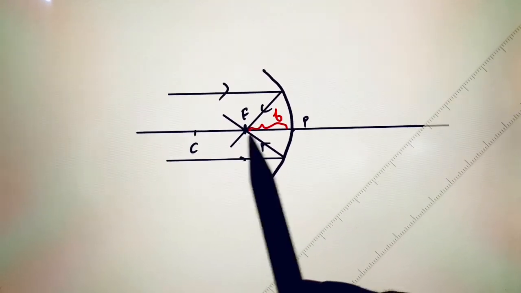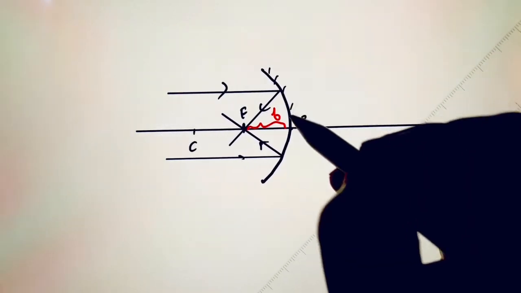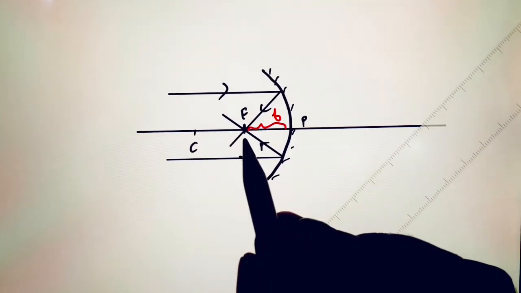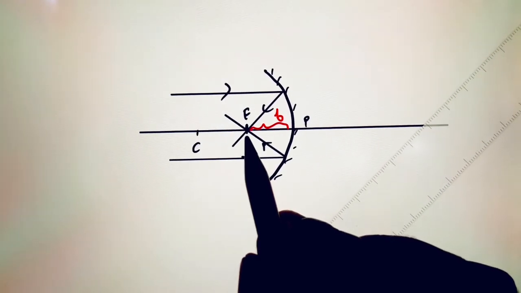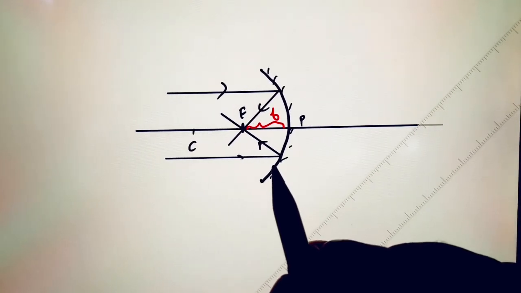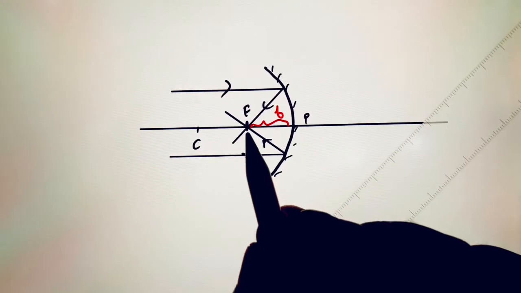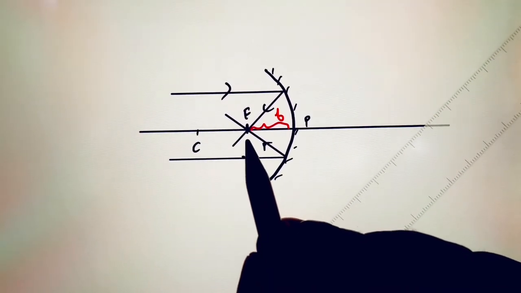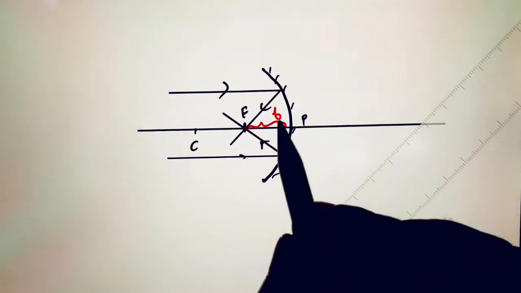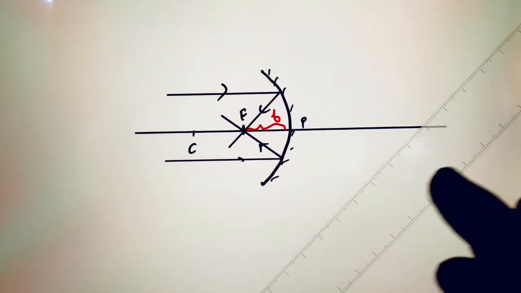So there we have the pole of the mirror, the center of curvature, and now the focus. As you see here, for a concave mirror the focus is a real focus, because the rays of light actually meet here. If these were parallel rays of light incident on a concave reflector, those rays of light will be pulled in here, so here you would see a bright spot. So this is the focus of a concave mirror, and because this mirror is focusing or converging the light at this point, the concave mirror is a converging mirror.